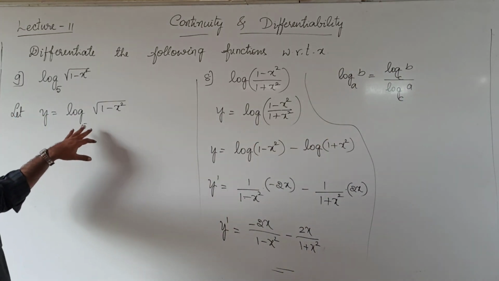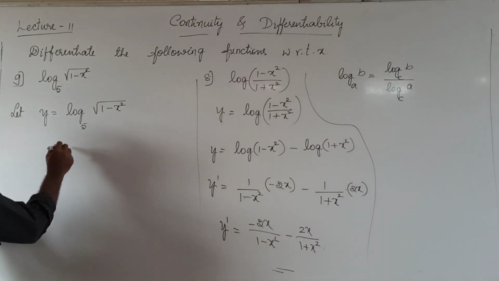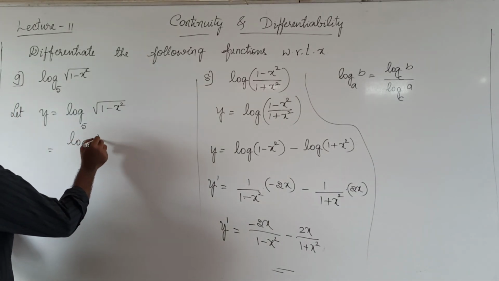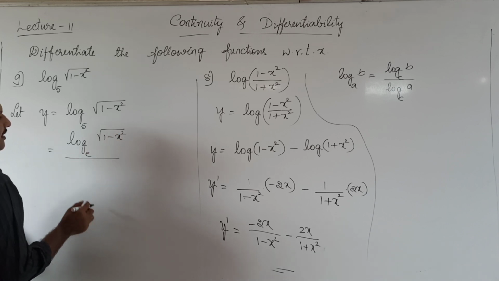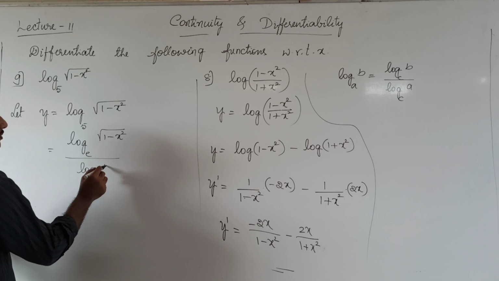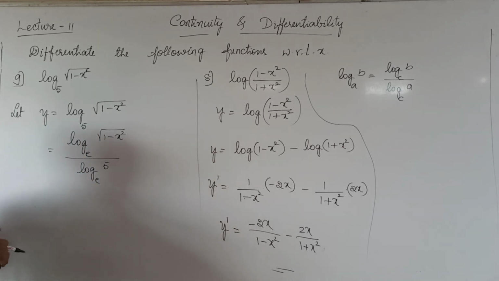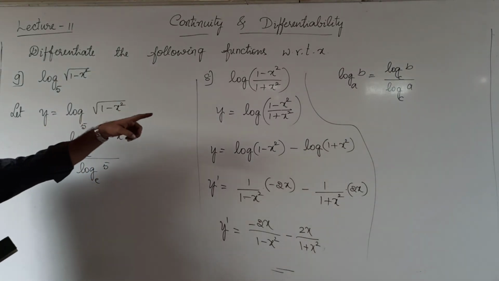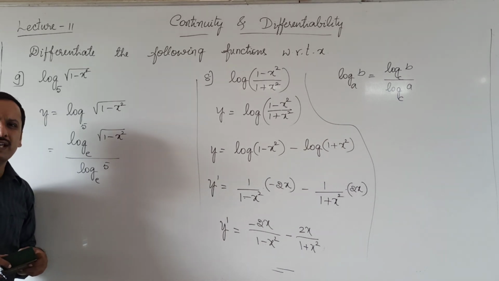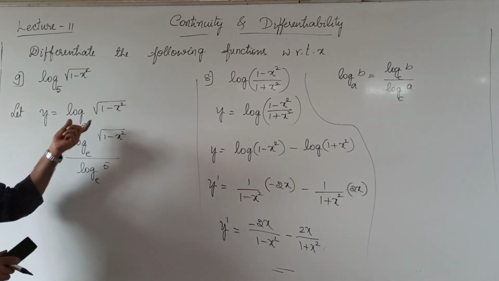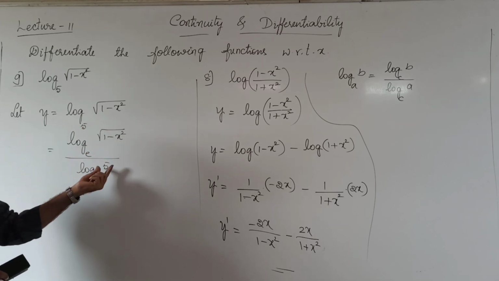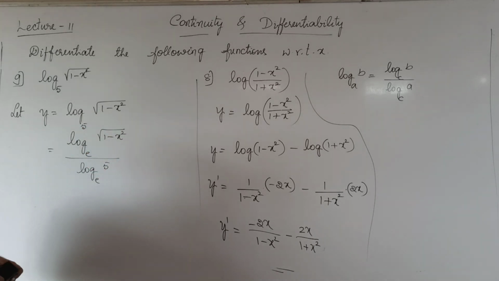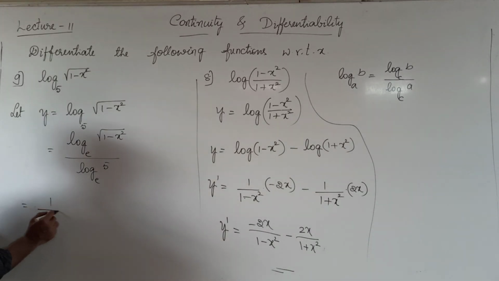So I'll write this as log root 1 minus x square to the base e divided by log 5 to the base e. Just compare it: we have log b to the base a, written as log b to the base c divided by log a to the base c. So you imagine this as b to the base a, I am writing it as b to the base c divided by log a to the base c. That's equal. Now y dash is equal to